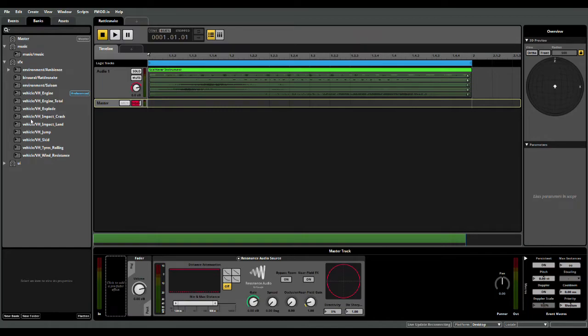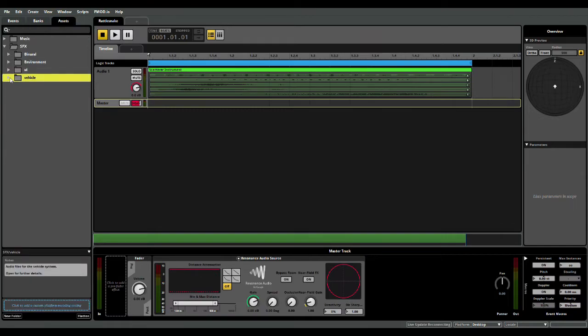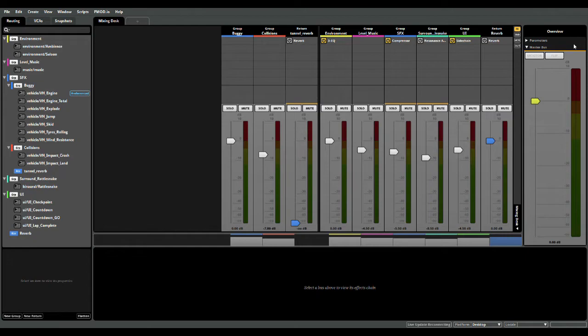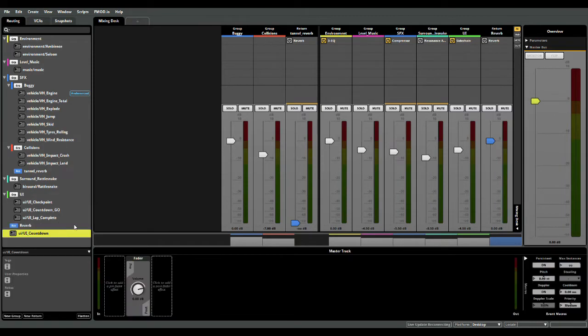All the events have been organised into their respective banks based on music, sound effects and the UI. And the assets have also been organised into folders with annotated notes of where the assets were sourced and how they were used. This is the mixer overview with the group busing and routing assignments,